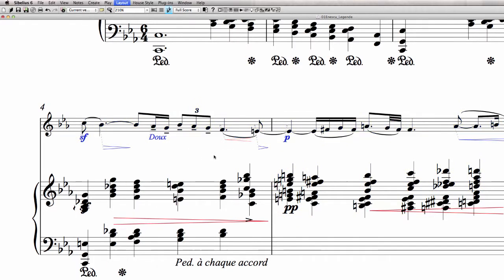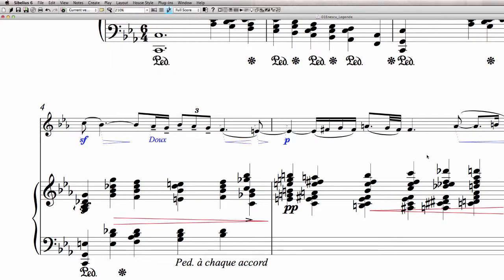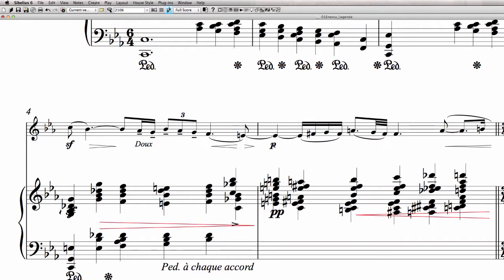So I have a dynamic shortcut on my keyboard, and then I hit Command Shift R, which is my shortcut for align in a row for whatever I select. So this is nicely like this. We'll align these ones with the last character under the note,